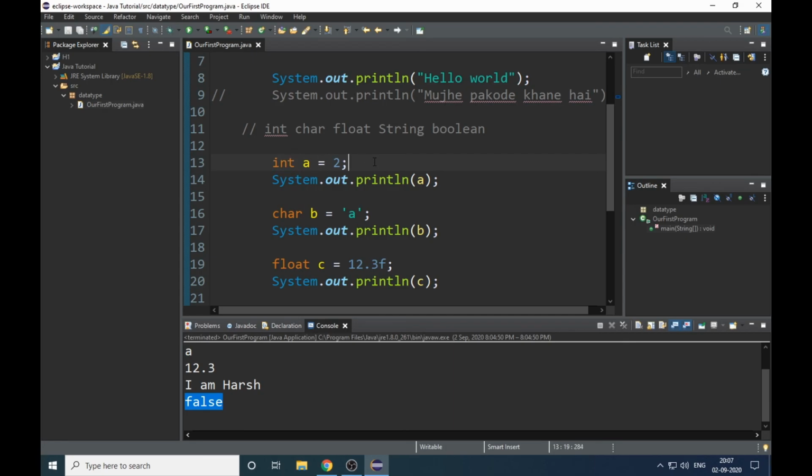Alright. So majorly we have 5 types of data types, which are integer, written as int, character, written as char, third float, fourth string, and fifth boolean. So now you know all about data types and the types of data types. In the next video we will learn what is primitive data type and what is non-primitive data type.